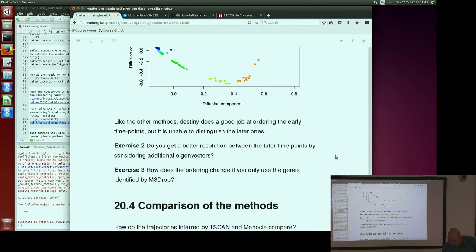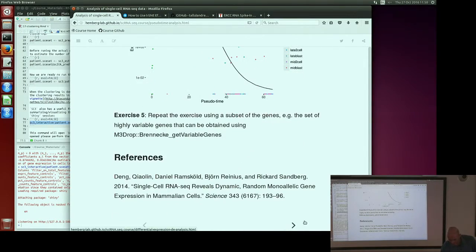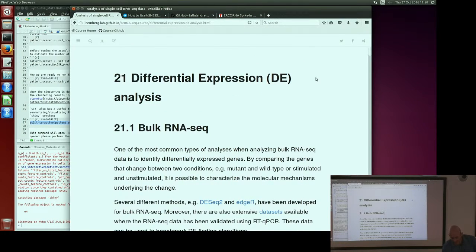So we'll move on to the last topic, which is differential expression. We've been mentioning this several times already, and as you're probably aware, in bulk RNA-seq, looking for differentially expressed genes is one of the most common operations that people do to their data sets. So for example, you want to compare a wild type and a mutant, stimulated and unstimulated conditions, and so forth. It turns out that with single-cell RNA-seq,